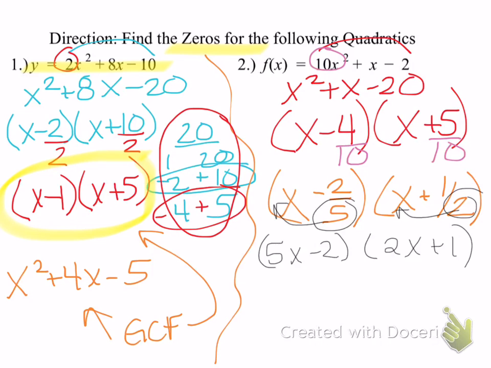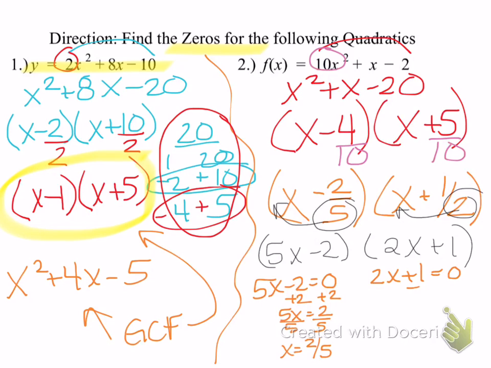So now the next thing we need to do is solve so we can find the actual zeros, which I didn't do on the last one. But how I do that is the same way that we did it before. We set them equal to 0. So I've got 5x minus 2 equals 0, and I have 2x plus 1 equals 0. So for both of these, I need to solve for x. So for the first one, I add 2 on both sides. So I've got 5x equals 2, then I divide by 5, so x equals 2/5. Okay, the next one, I subtract 1 on both sides, so I have 2x equals negative 1, divide by 2,